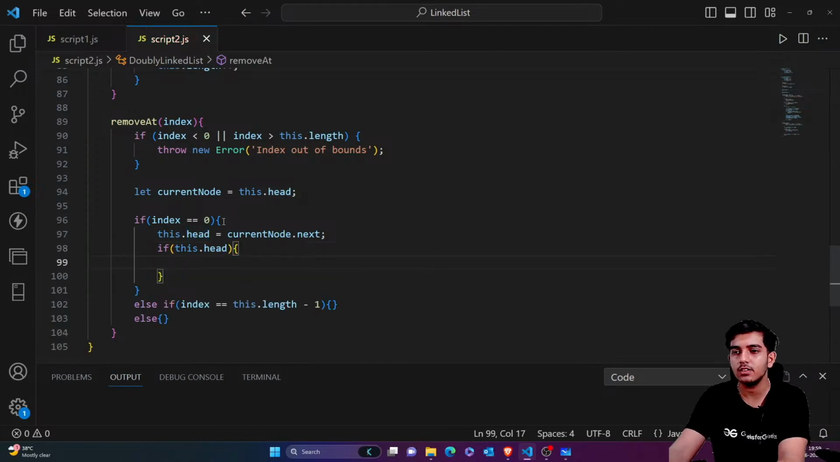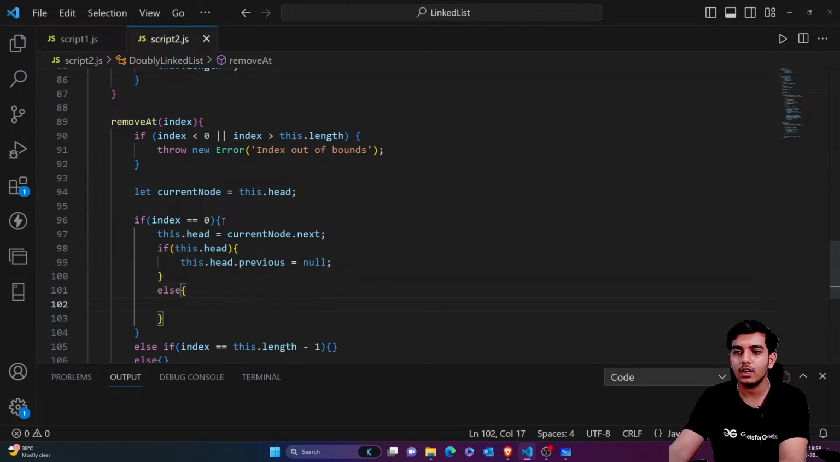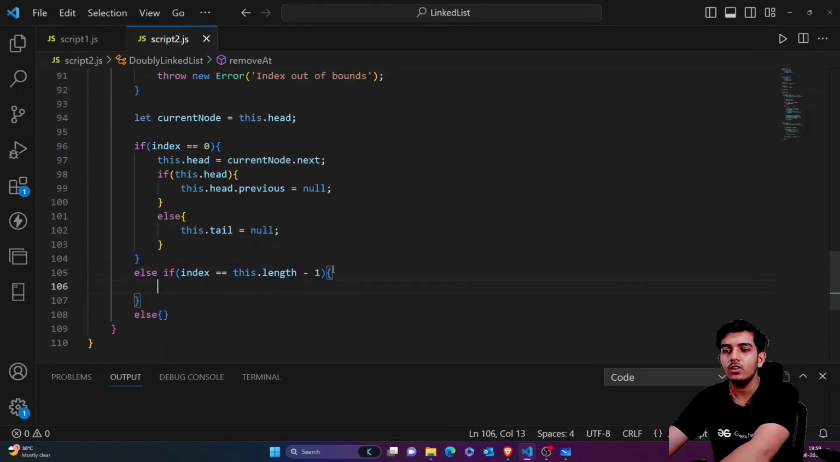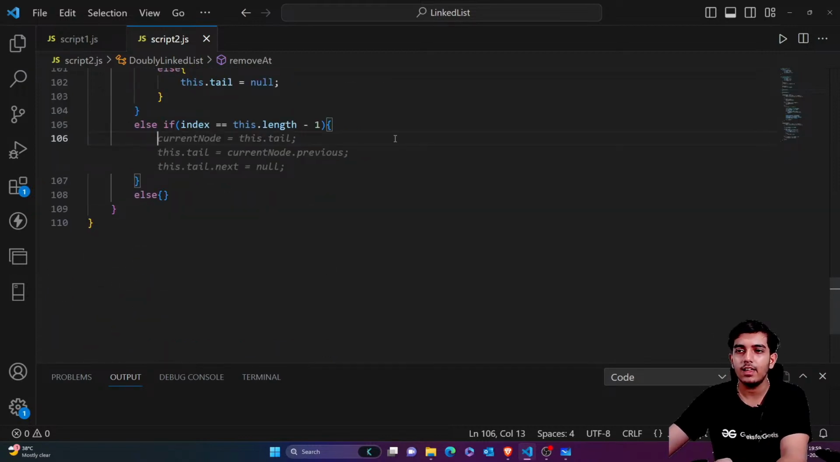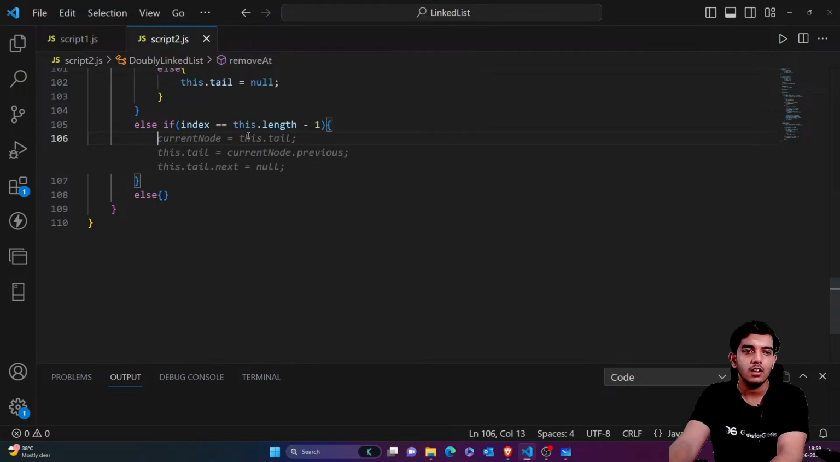Previous value of head as null, you just say this.previous as null. But if head is equal to null, that means automatically tail will become null. Okay, tail will become null. That's it. So this is the index at 0, and then you would say that if the length is -1, that means if I want to stop at the last node, I want to delete the last node, I'll just say that